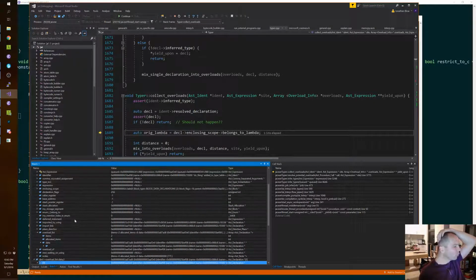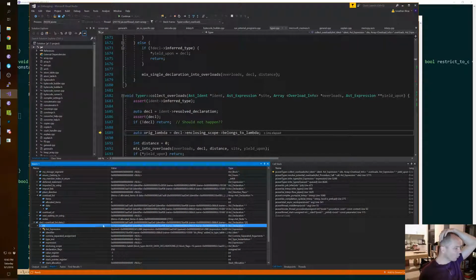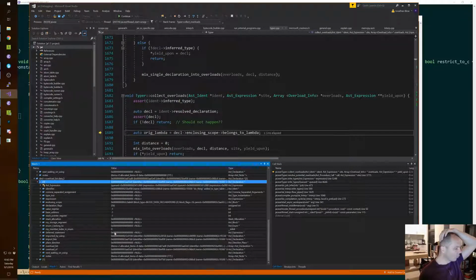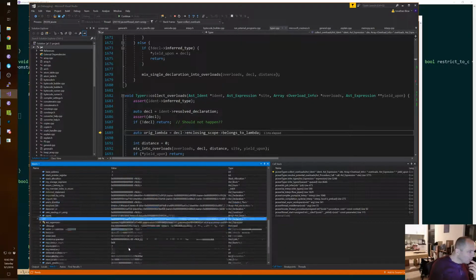Oh, you're always first in your own overload list, by the way. So decal is F2E0, and overload list sub 0 is F2E0. 1 is F530, and it's also a do thing, which is good. It had better be. Overload of F2E0, import link F408.